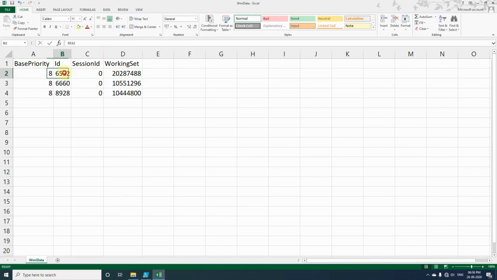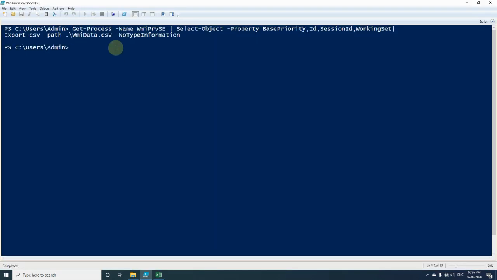So those are nothing but properties, and the data in each column in each row is called property values. As you can see, I have specified those here also, and the same has been written to the CSV file.